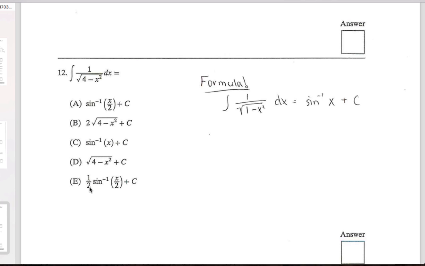In this one, you would probably ask yourself, is this a u-sub type thing? And it's probably not. Doesn't this look so similar to the formula, except this is the a squared, actually, if you look up the formula. That would immediately get your answer down to A if you could apply that logic. Or you could just go and make sure that you memorize that formula accurately.